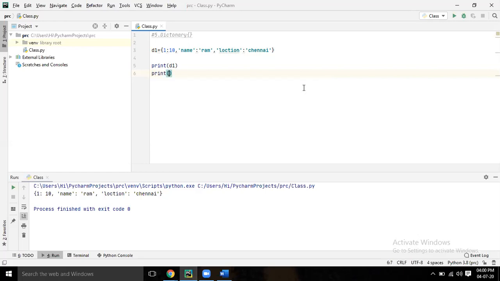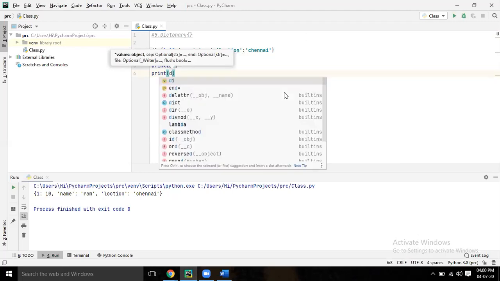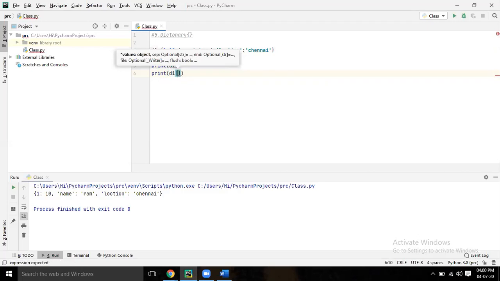Print D1 of name, within quote. D1 of name, within quote, name. Run it.